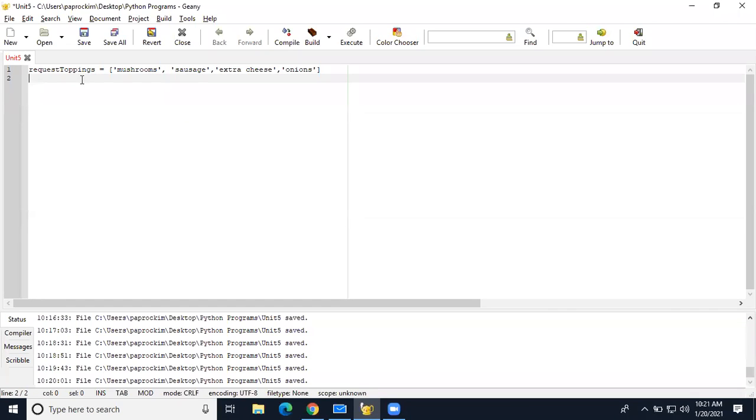All right, so I changed this. I was having some issues. So what I did is I deleted everything I had except for the requested toppings. I have mushrooms, sausage, extra cheese, and onions. This time we're going to do a loop through our toppings. So for topping in request toppings, colon, tab, if